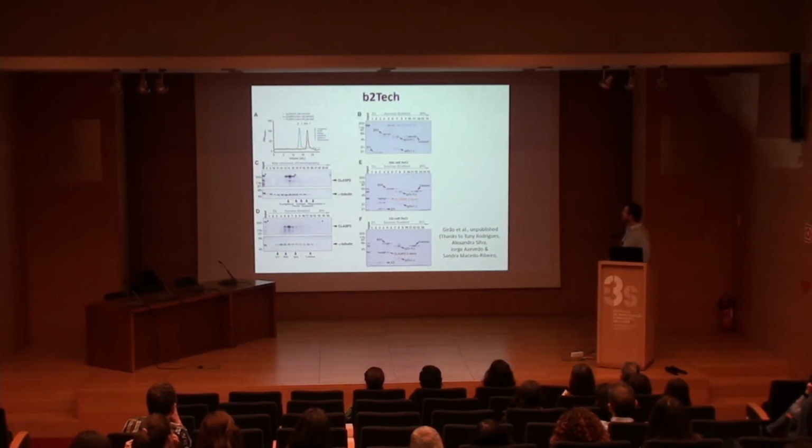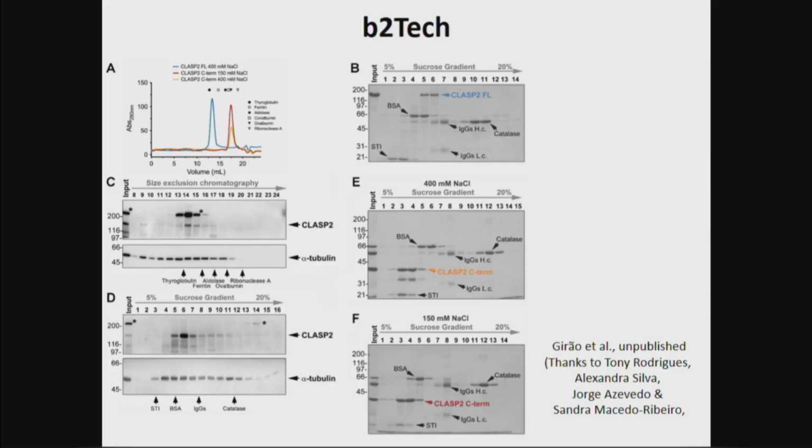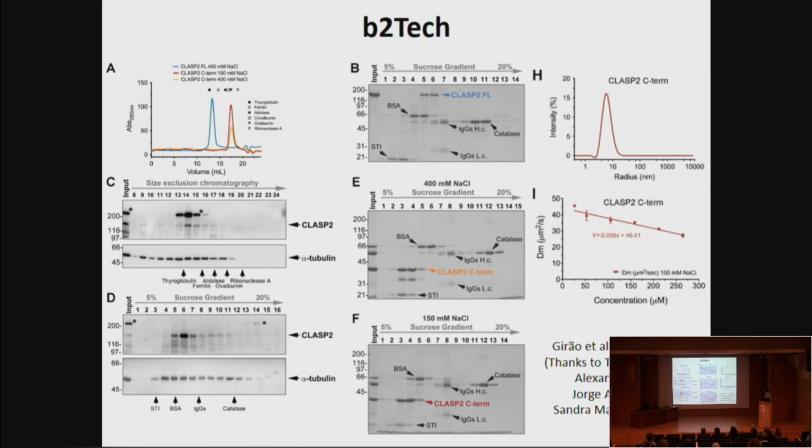Again, going back to the molecule, the B2 Tech facility, which is more on the biochemical and biophysical analysis of proteins, was very helpful very recently to understand the biochemical nature of this protein clasp, and indicated to us that it forms monomers in solution, both using recombinant protein, but also the endogenous protein in cells. We can investigate these features by combining size exclusion chromatography with centrifugation gradients, but we can also